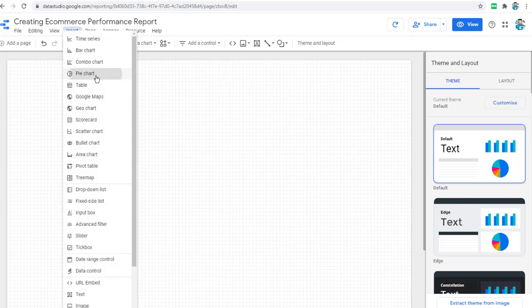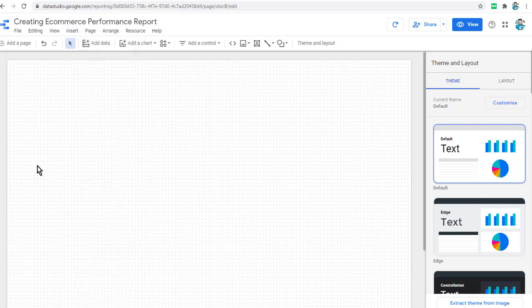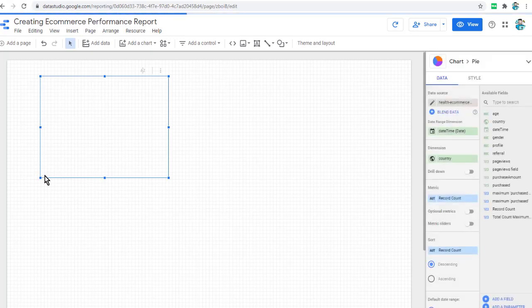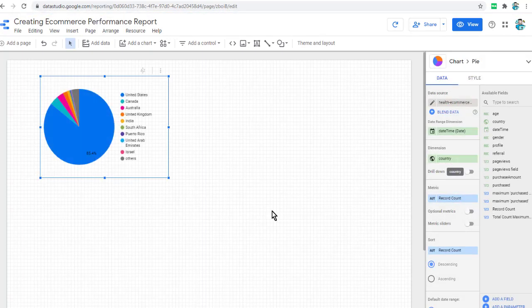First, we're gonna add the pie chart, and we're gonna place this here. And we want to know what are the top genders that contributed to the number of sales. So we're gonna change this dimension from country to gender. So here it is. NA means not available, and this male and female representation can be seen, like who is the most number of customers.